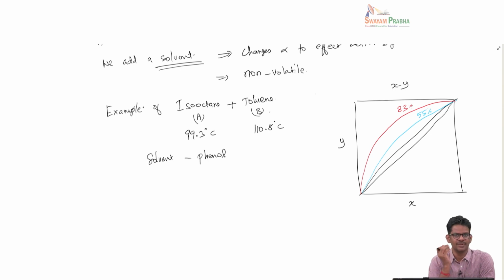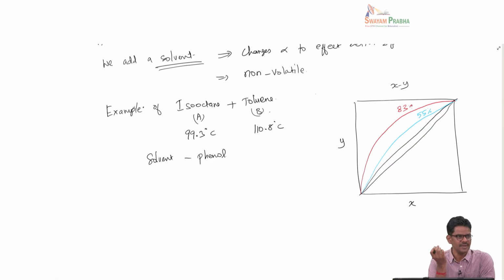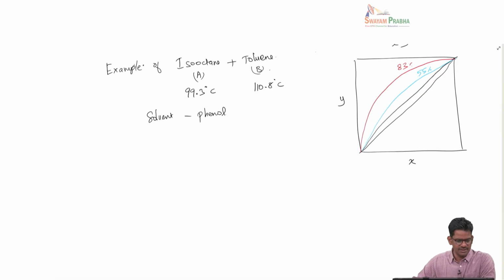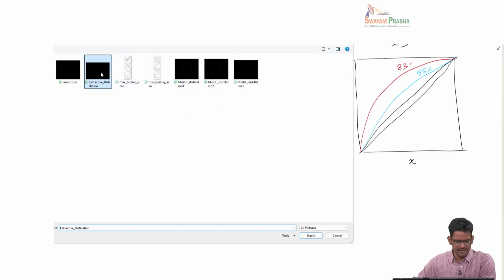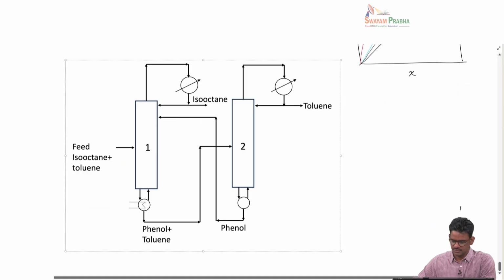So, we know that if alpha is higher, for the same amount of separation, the number of stages required would go down. So, that is preferred. That is the context. So, in terms of the operation, we have something like this. In extractive distillation, we start with a feed containing isooctane, which is A,